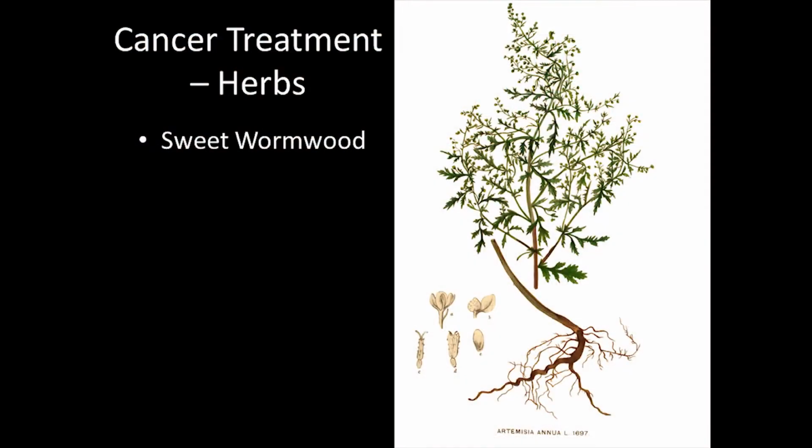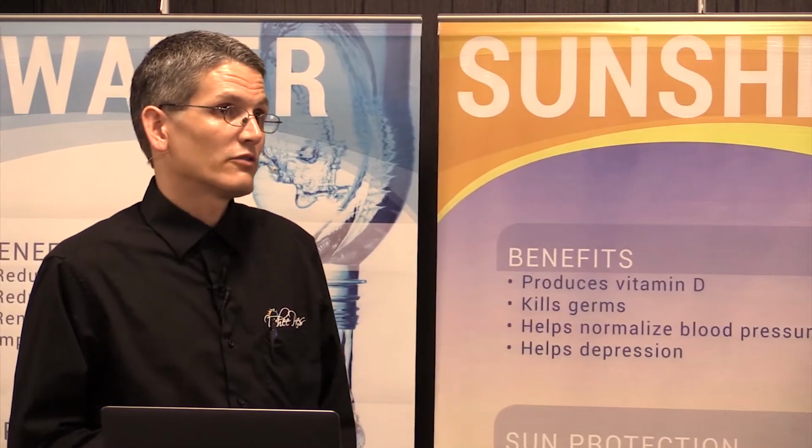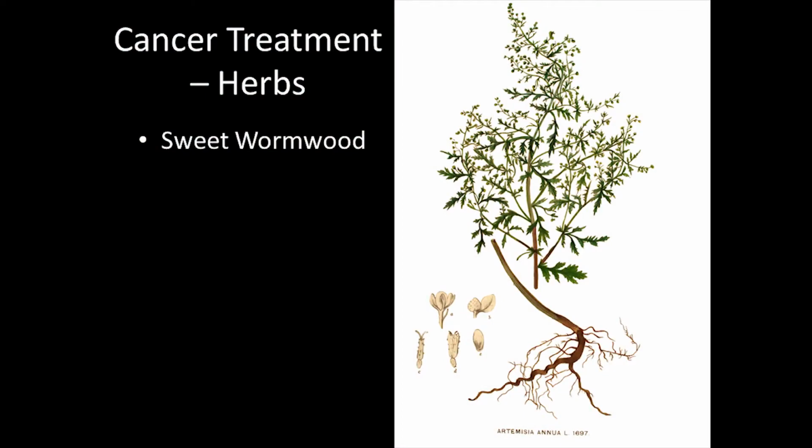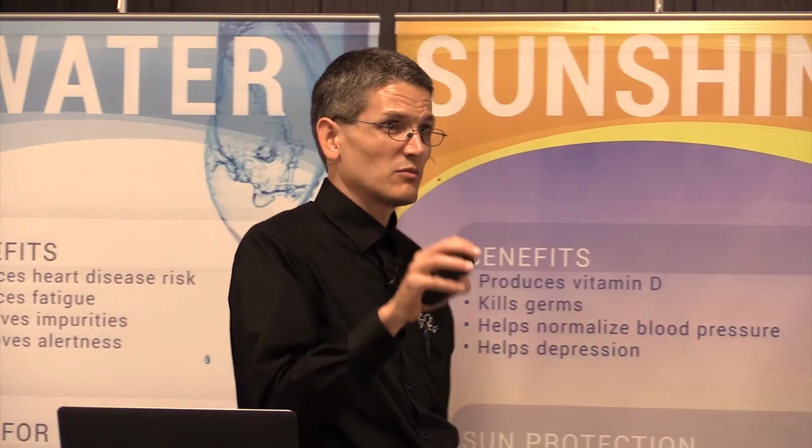So what are some other things that you can do to treat cancer? Well, there's different herbs that are known to have benefit associated with cancer or treating cancer. One of those is sweet wormwood, also known as Artemisia annua. There are a number of studies looking at the use of sweet wormwood in a number of different cancer lines and significant improvements in cancer. In fact, they're trying to extract some of the chemicals that are in sweet wormwood so that they can concentrate it, purify it, and use it as a chemotherapeutic agent, right?